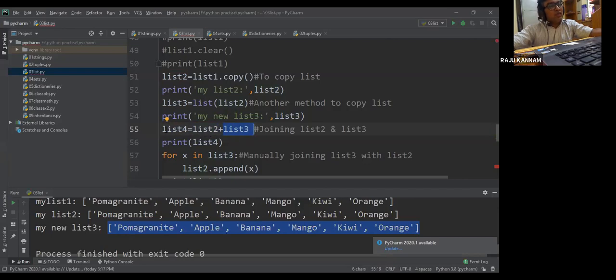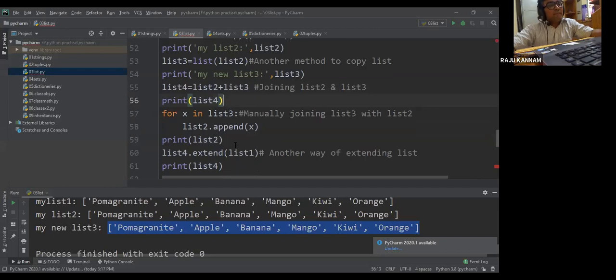So it will generate list 4, which will contain a total of 12 elements. Why? Because in a list we can allow duplicate values, so there is no problem. Then we will get the length of the list as 12.